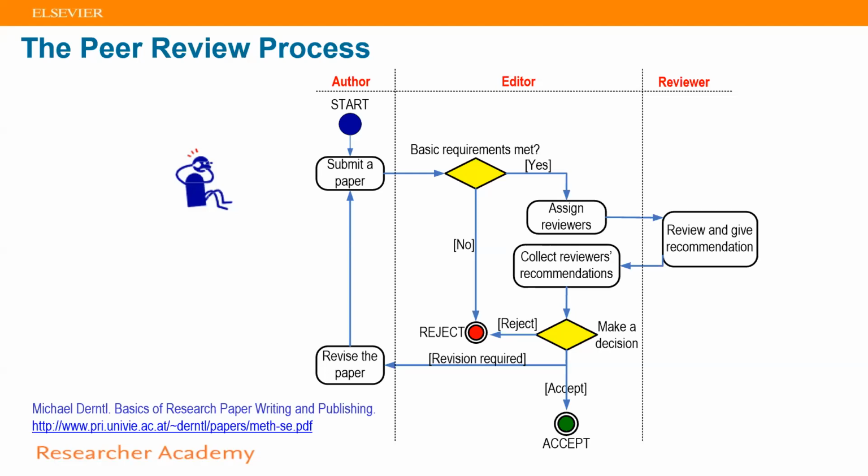So if we assume that the article has a very good contribution and the editor has been convinced and he assigns reviewers, your paper will go directly to the reviewer, and the reviewer should be an expert in your field, should be aware of the topic, and then they will try to review your article in a very critical way. After reviewing the article, they give some recommendations. And we have different options for recommendations here. The first option is having minor review or minor correction. What does minor correction mean?